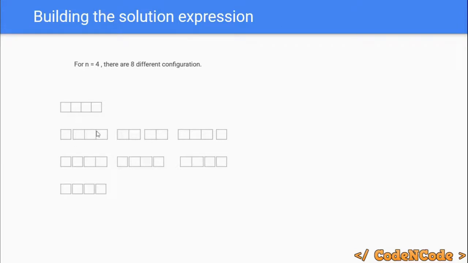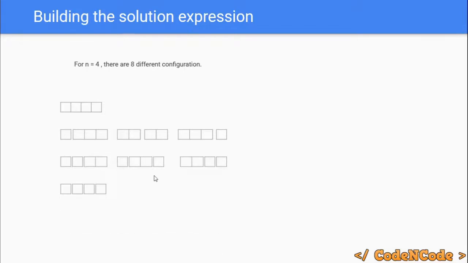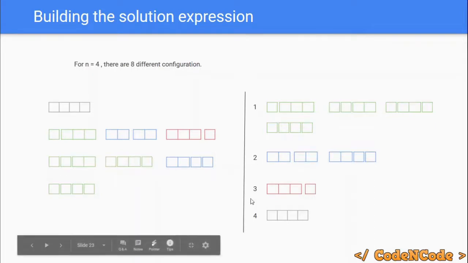Because now you are going through all of the configurations one by one, but that is time consuming because there will be an exponential number of configurations. But it is 100% true that if you find the maximum of all of these configurations, that would be the maximum profit that you can achieve, right? Because you have gone through all of the configurations one by one, so it is 100% true that you would get the solution. But now what I have done is I have grouped them together into different groups,